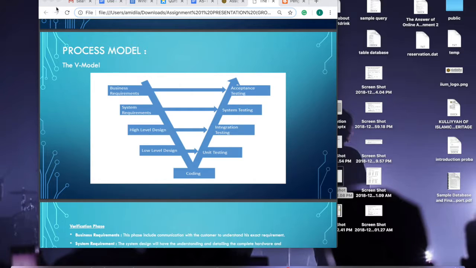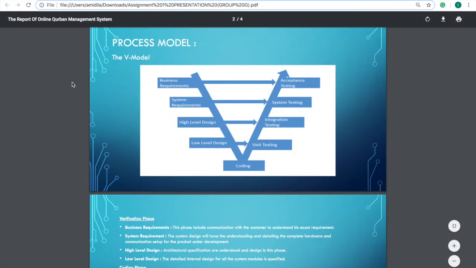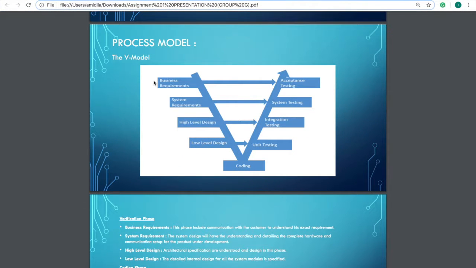So next, we want to show about the process model. We use the V model in our project. The first step is business requirement, then acceptance testing. After that, we do system requirement and then system testing